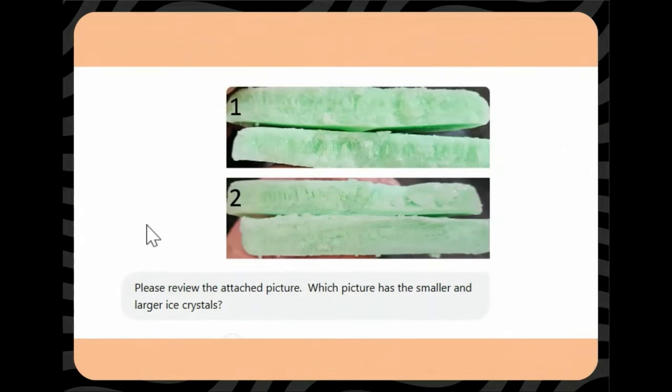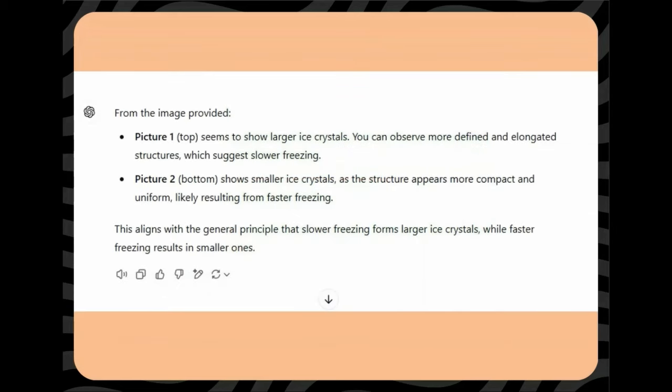I thought what would be interesting, instead of me analyzing the structure, how about if I have ChatGPT do it? So this is a question I posed to ChatGPT. Please review the attached pictures. Which picture has smaller ice crystals? And this is the answer